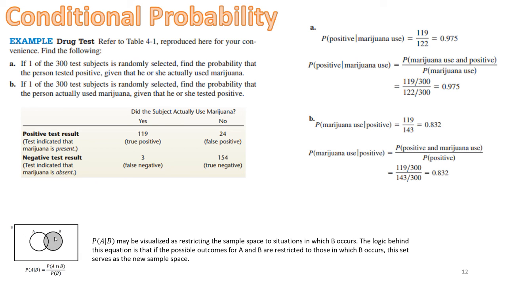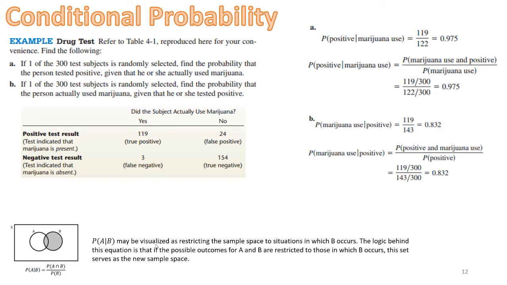And in the second case here, B becomes the event that you use marijuana and this becomes the event that you tested positive. So you have to find the intersection, those that use marijuana and tested positive, and divide that by the total number who tested positive. So note these are different. Here you get 0.975, here you get 0.832. Confusing these two,